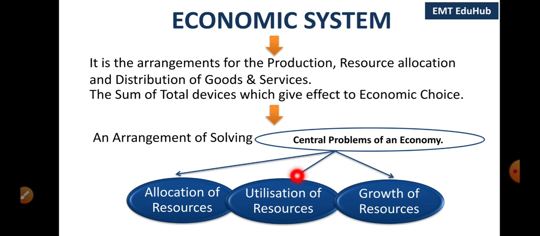The other central problem of an economy relates to full utilization of the resources, like land, labor, capital. If all the resources in the economy are fully employed, then the quantity of one commodity can be increased only by foregoing some quantity of the other. This happens when production takes place efficiently, but in reality, most of the time production does not take place efficiently. The factors are not fully employed and the production is below the optimum capacity of the economy.